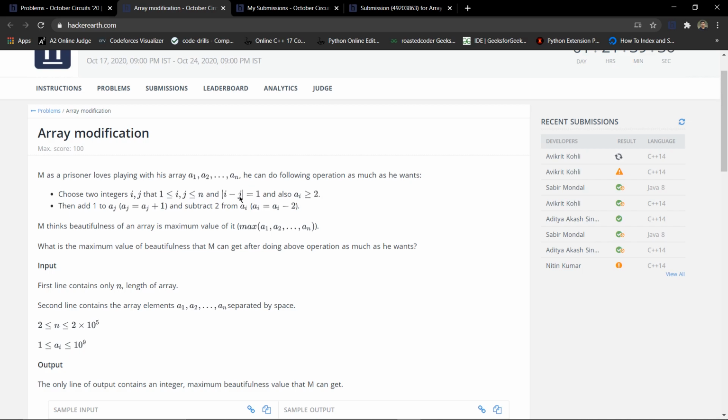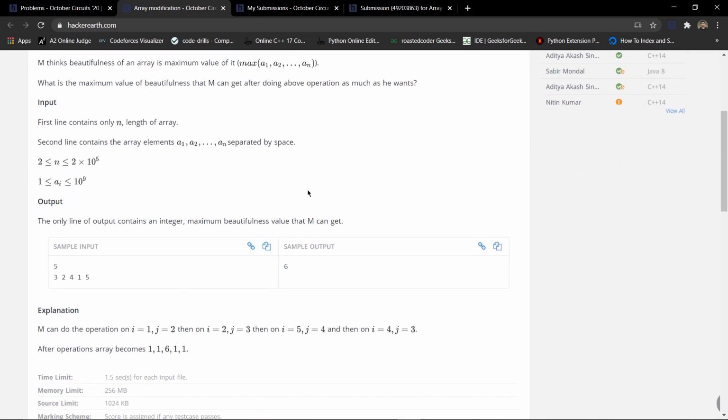If we choose the ith index, then the element at that index should be at least 2, and then we can add 1 to aj, such that aj becomes aj plus 1, and subtract 2 from ai, such that A of i becomes A of i minus 2. There will be n as the length of the array, and the next line will have the elements of array A, and n can be as large as 2 into 10 power 5. So let's see this using this example.